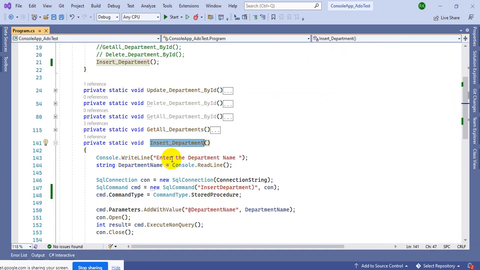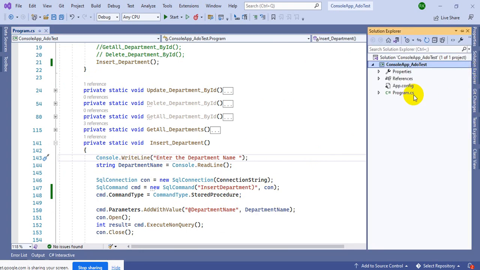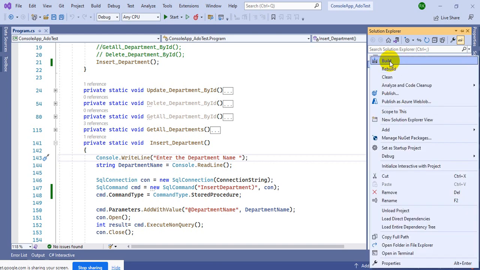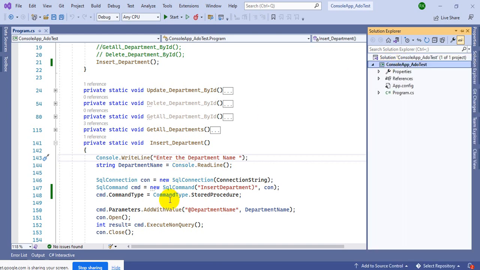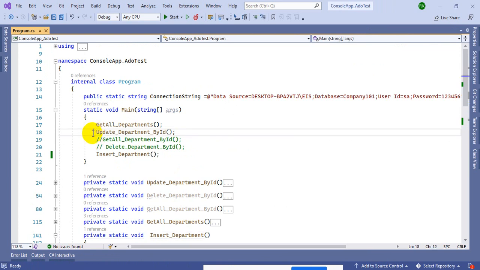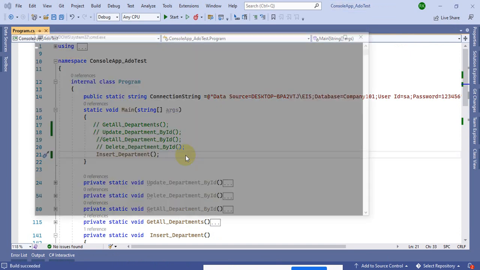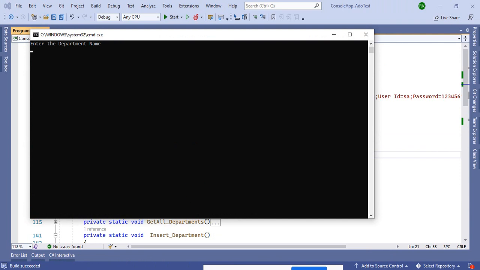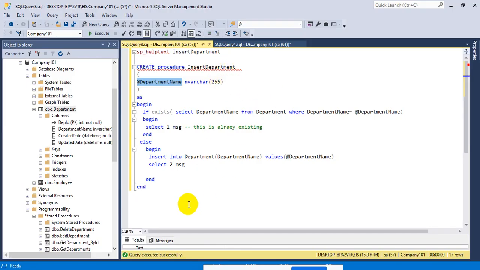So it is asking enter the department name. So let me just build it again, correct? So I'm just building, and I'm just calling only one function, right? Insert a department. So here it is asking the department name. So now if we run our query